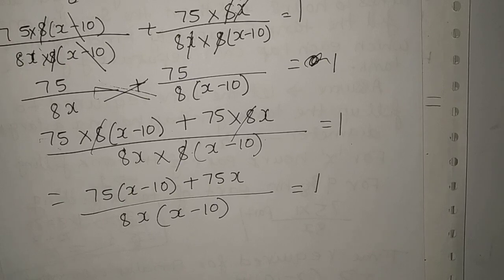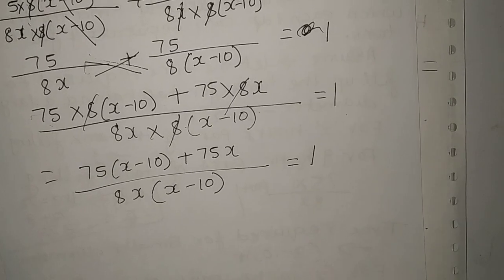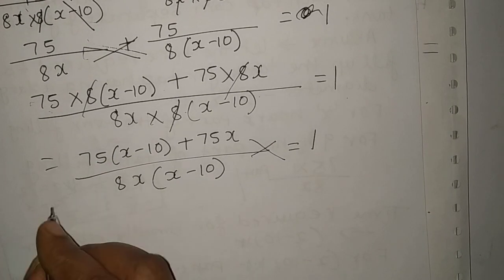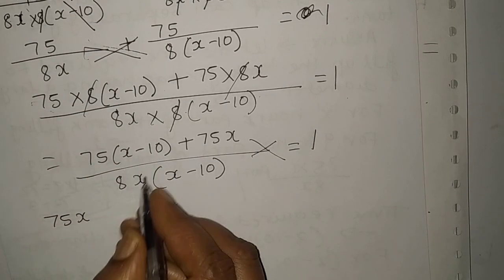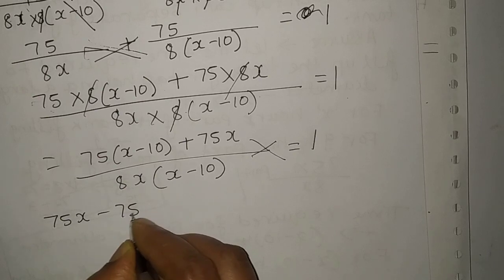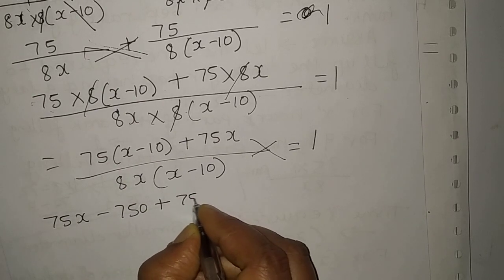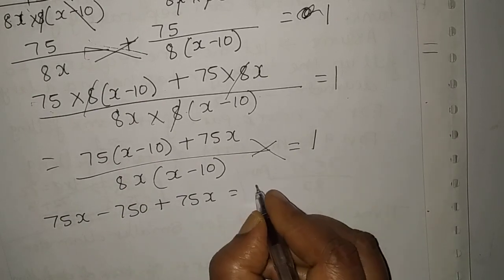So this is the simplified version we are getting. Now further we have to simplify. So again cross multiply. So what we get, bring this 75 inside the bracket: 75x minus 750 plus 75x is equal to